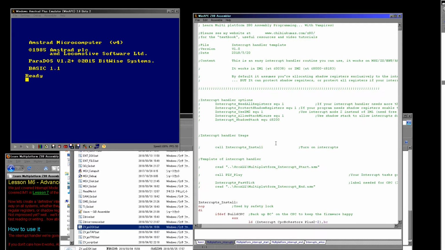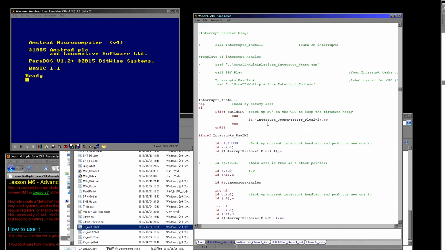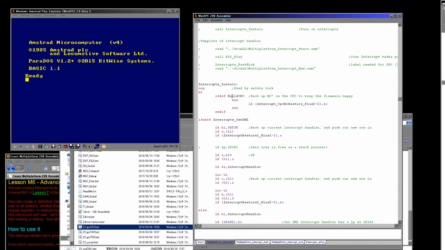So let's go into our interrupt handler and have a look at all of the code. It's quite complex, but bear with me. So here's the install, which will put our interrupt handler in, replacing the firmware one. Now on the Amstrad CPC, the system firmware requires the shadow register BC to be a specific value, so we back it up here. You'll see there's a no operation here. What's that for? Well, I've put a bit of a trick in so that if you install the interrupts twice,